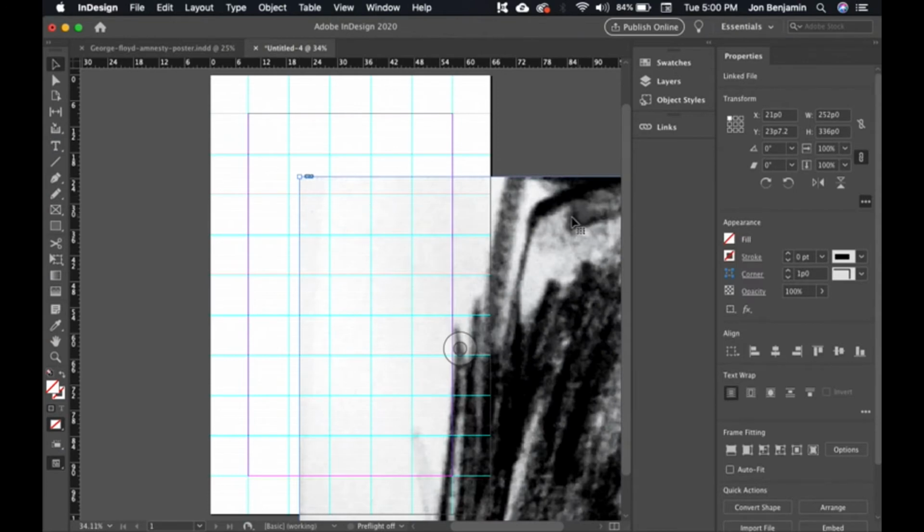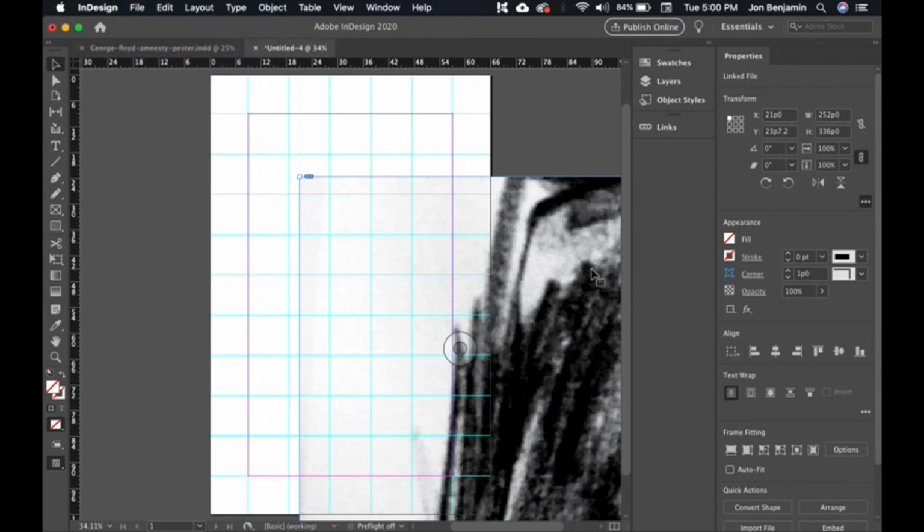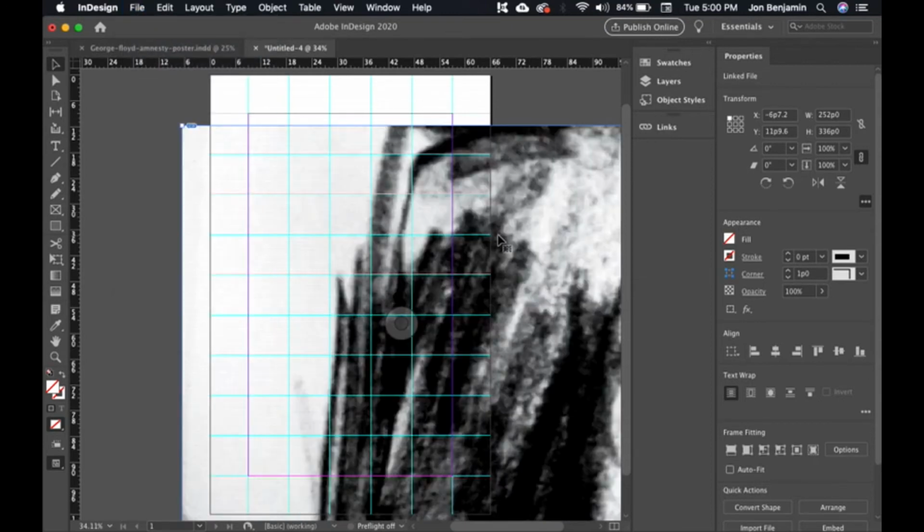And I just dragged that in, by the way. You can also File > Place your image. Now it's quite large, so what I want to do is make it small without disappearing. So now remember, here in the Properties palette, if you select the black arrow or the selection tool, and if